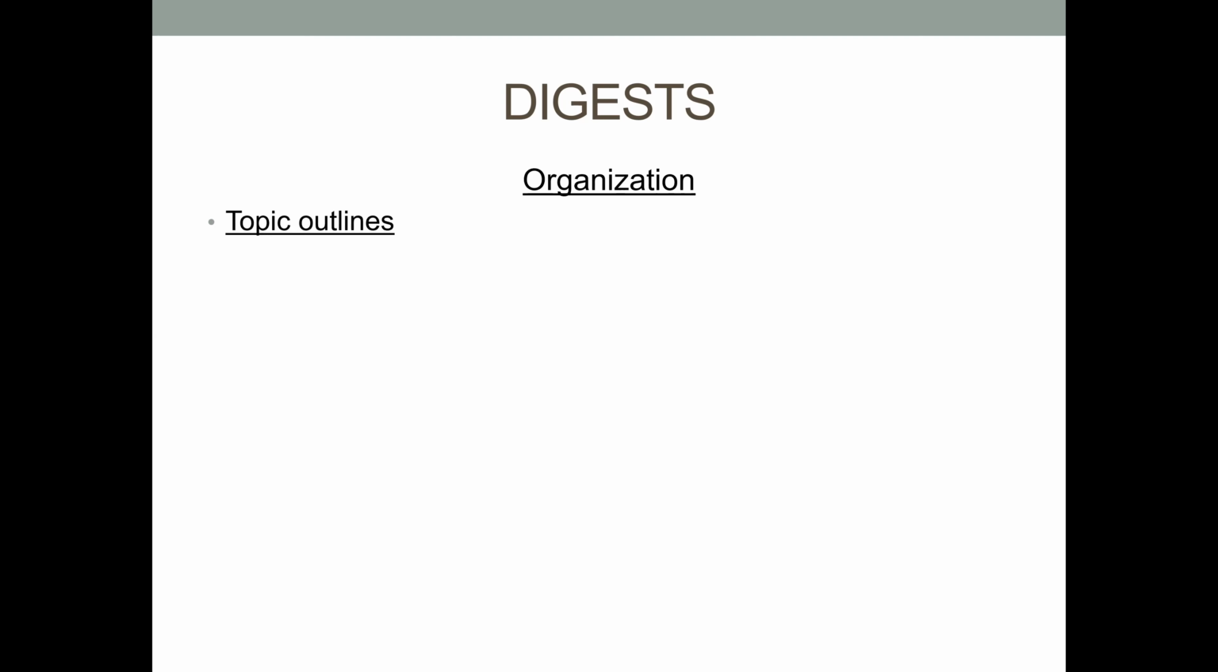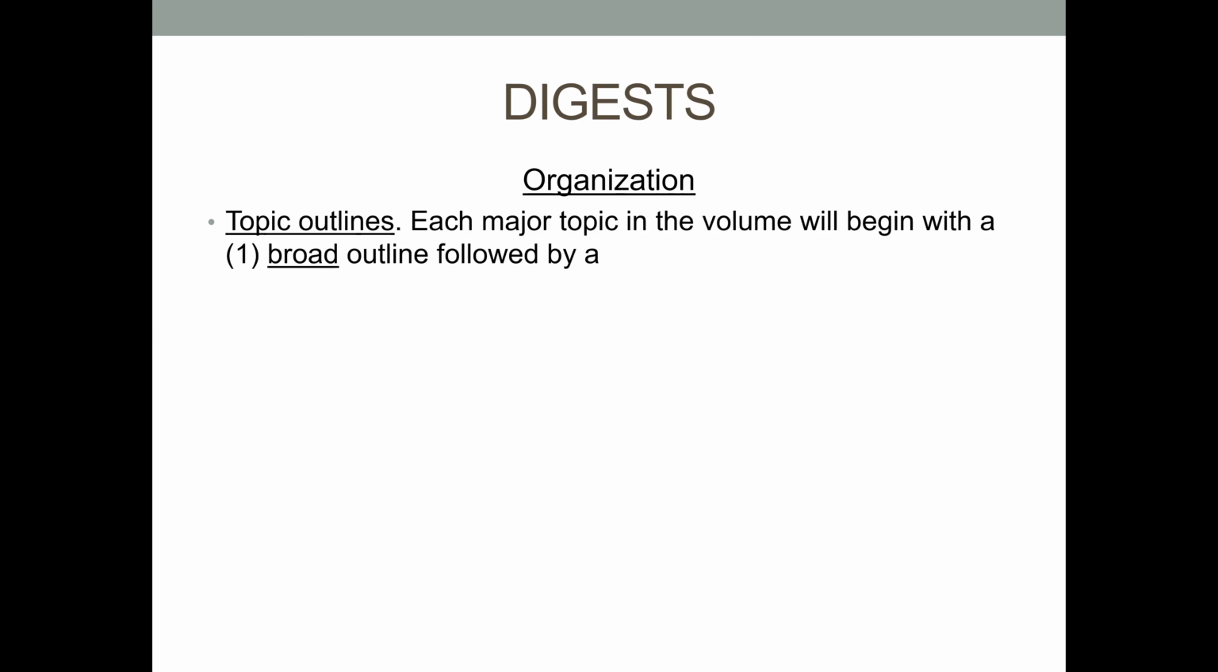Now, at the beginning of any major topic in the volume, there will be an outline, sort of a table of contents, if you will, of that particular topic. And we call these topic outlines. And there'll be two outlines. The first one will be a very broad outline that hits the main subdivisions of the major topic. And then it will be followed by a much more detailed outline going all the way down to the individual